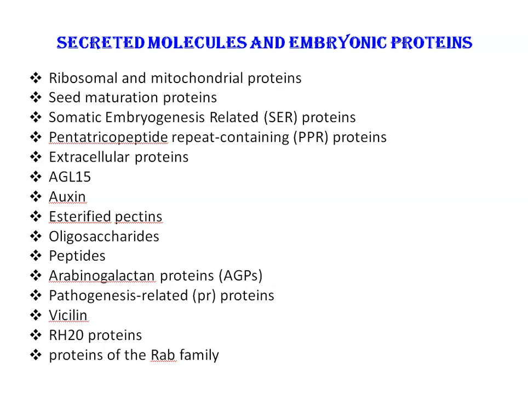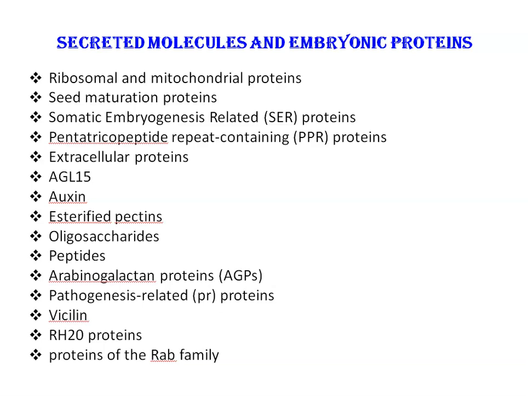ribosomal and mitochondrial proteins. These proteins are more abundant in the early stages of somatic embryogenesis. Then seed maturation proteins. These proteins are more abundant in late stages of somatic embryogenesis. Somatic embryogenesis-related proteins, SERK. These proteins are involved in the initiation of the somatic embryogenesis process. Then pentatricopeptide repeat containing proteins, PPR. These proteins are involved in the synthesis of new proteins related to the growth and development of somatic embryos.